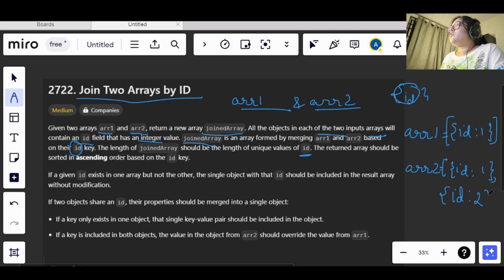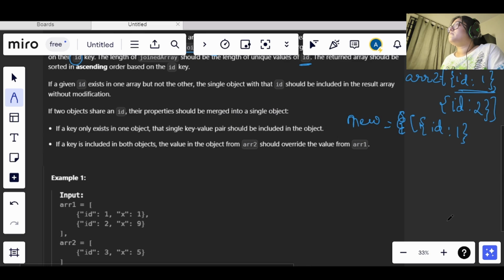The ID 1 is repeated in both of these arrays, right? So what we need to do is return this ID 1 only once. The new array that will be formed should have only one ID 1, and the other one will be ID 2. This is what we are supposed to do.